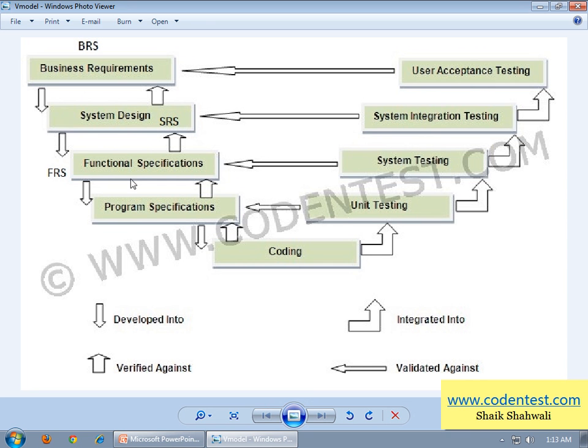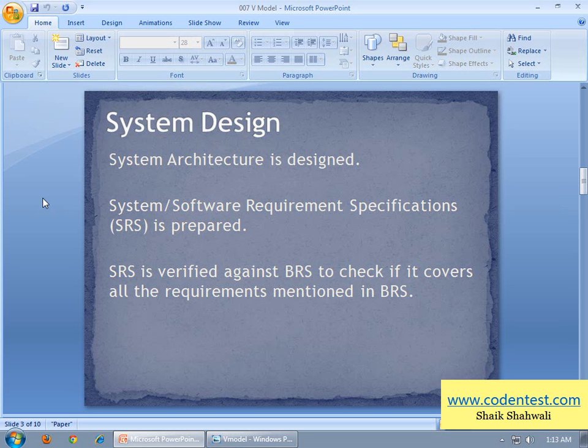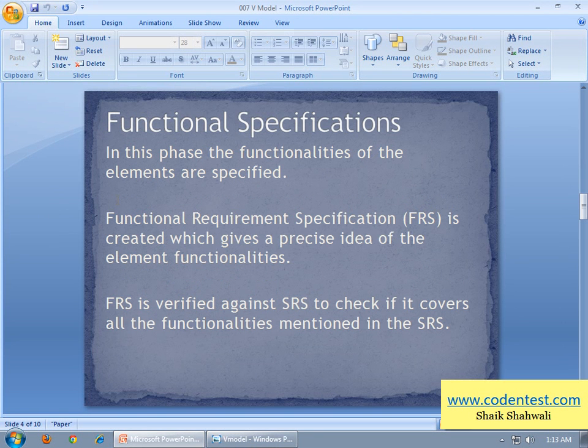After the system design phase we have the functional specifications phase. In this phase the functionalities of the software elements are specified, like what functionalities a software should have in UI screens, what fields, what buttons, what links a screen should have, and what these elements should do.